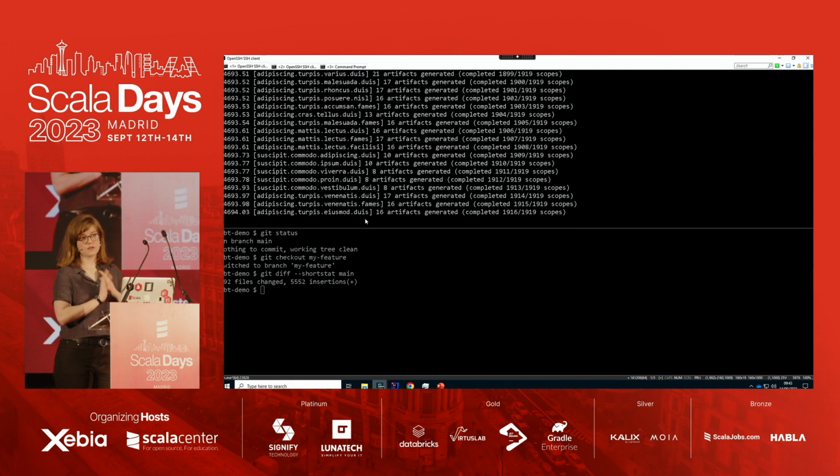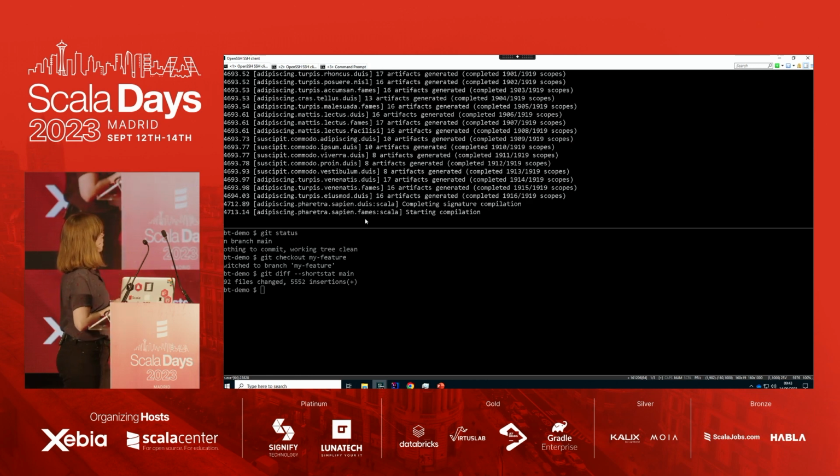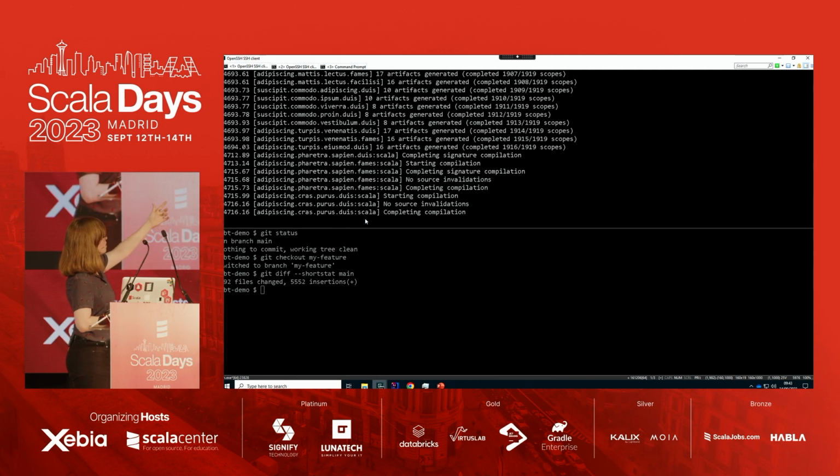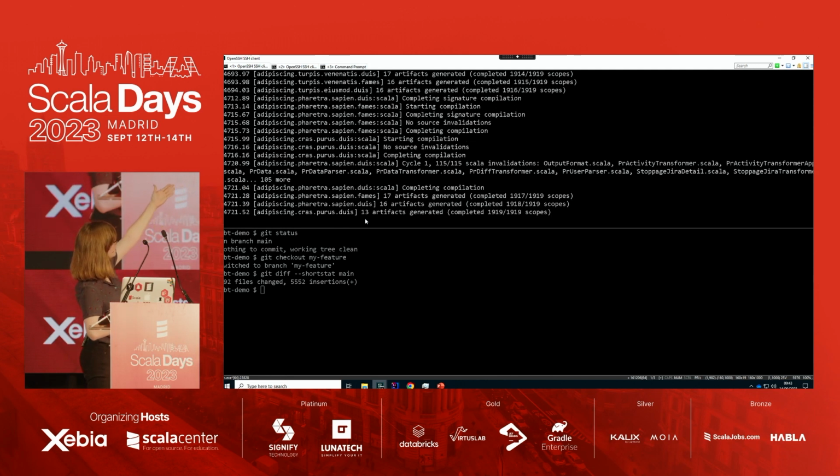For context, the code that we added, it did have, I think, 2 other scopes depending on it, a test scope, I guess 3, a test, another application, and its tests. So we do need to do some actual work here. We have noticed our signature compilation needs to be done.